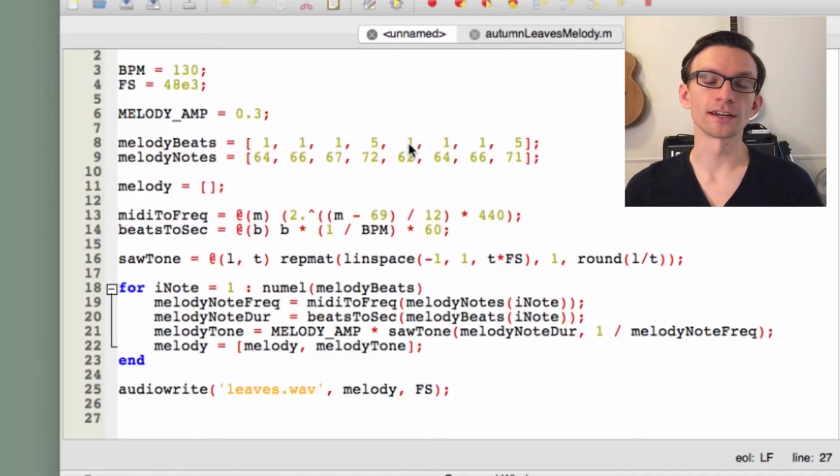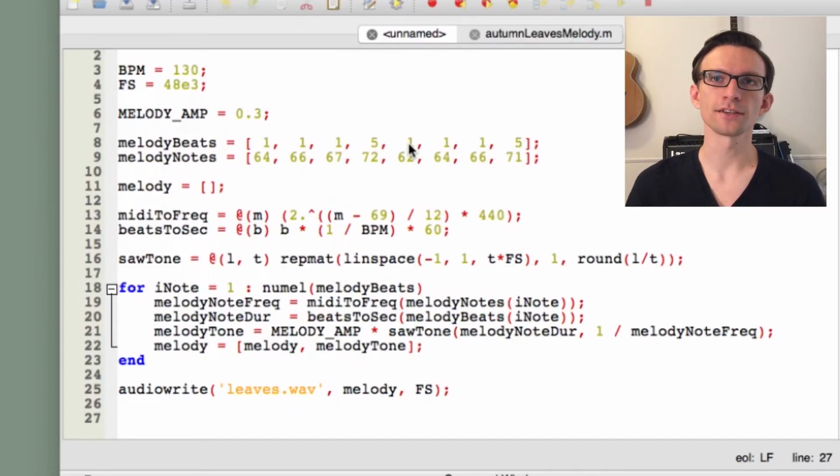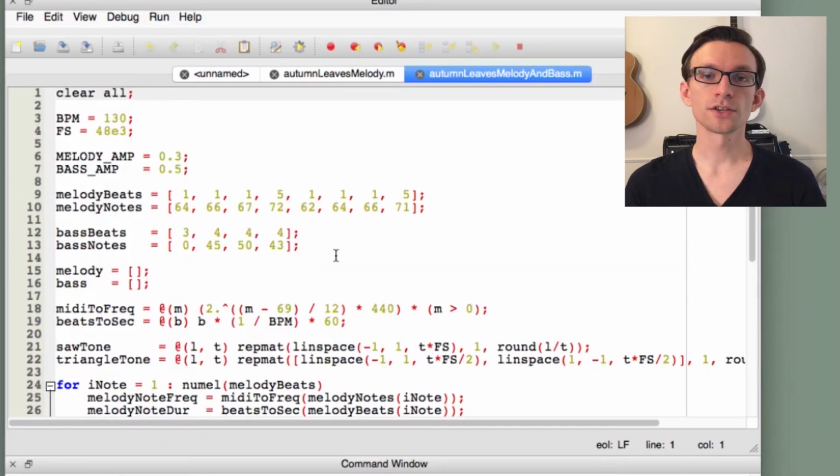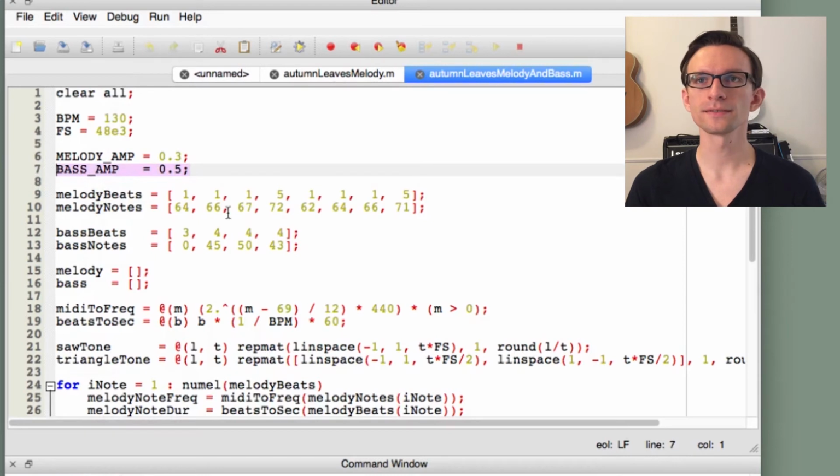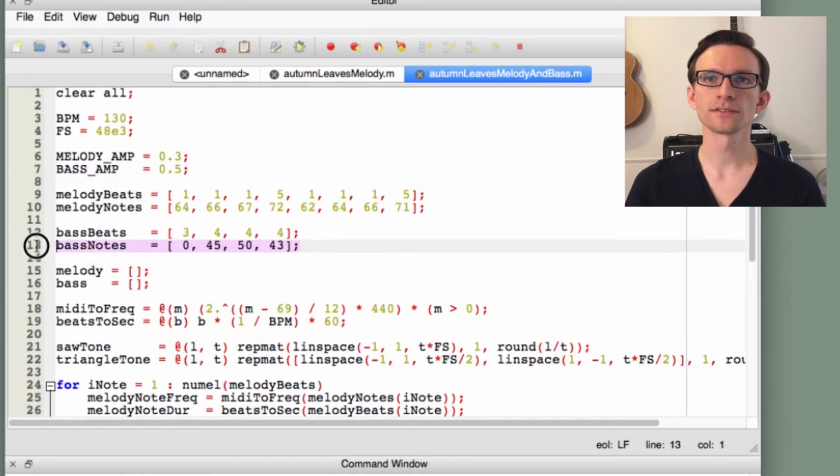beautiful. Now this is great and all, but maybe we want to add a bass line to our melody for Autumn Leaves. So I'll pull up my other script. So this script is mostly the same. You can see that we've added an amplitude for the bass, the notes that correspond to the bass, and I'm using the MIDI note 0 here to correspond to silence in the initial part of the melody that picks up